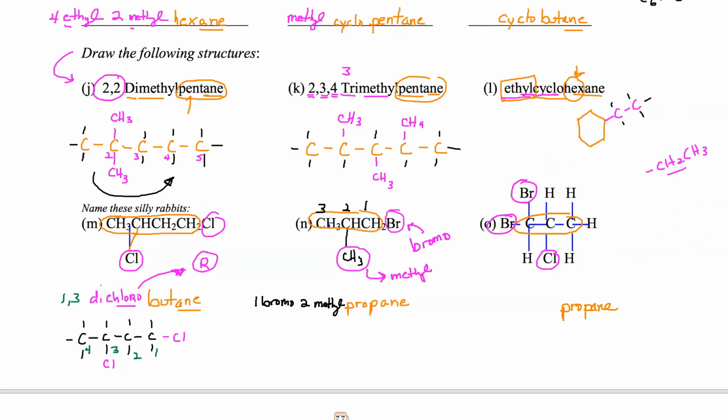And how do we number this? Well, I'm going to number it 1 carbon, 2 carbon, 3 carbon. That's going to give me my attaching groups on the lowest numbers. If I number the other way, it's going to be a 2, 3. This is a 1, 2. The 1, 2 numbers for my attaching groups of the bromides and chlorines is a lower number combination. So on the first carbon, I have 2 bromides. So I'm going to say 1,1